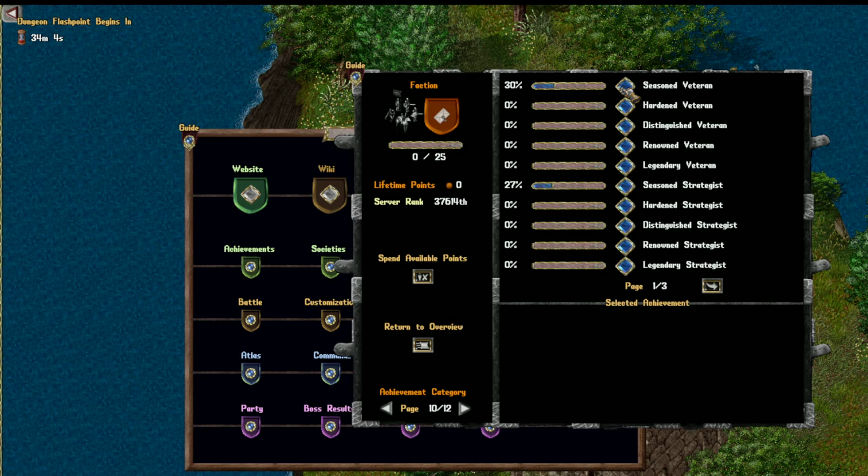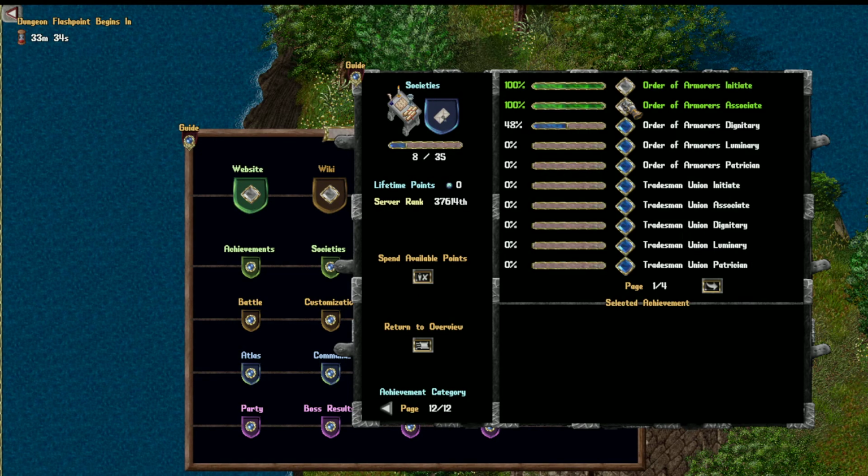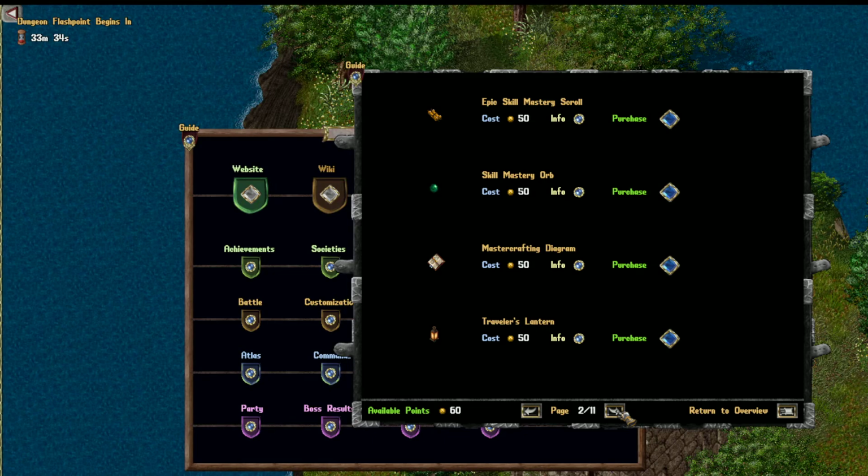Let's continue. Arena, you get points for doing all this kind of stuff as well. Societies, you get those for doing different types of societies for different jobs. Just go to spend points, and you can see what you get with your points. Emote deeds, all this kind of stuff. I would not use my points on that. I would use my points on...